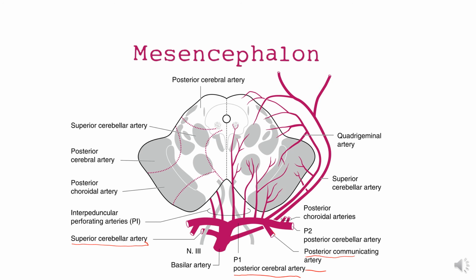Branches arising from these vessels may either be paramedian. Here you can see the paramedian branches which supply the parts near the midline, or the circumferential branches which wind round the midbrain to supply the lateral and dorsal parts. One of the lateral arteries is called the quadrigeminal artery. It is the main source of the blood supply to the colliculus. So this is the quadrigeminal artery. These are the circumferential branches and these are the paramedian branches supplying areas of the midbrain.